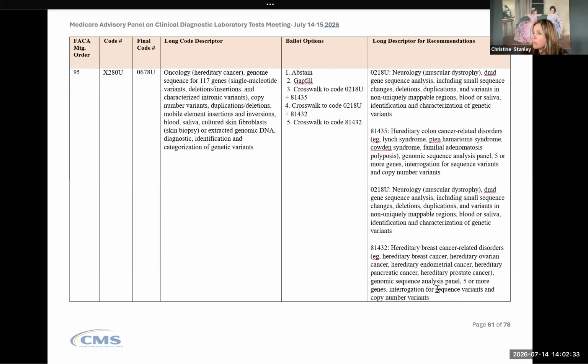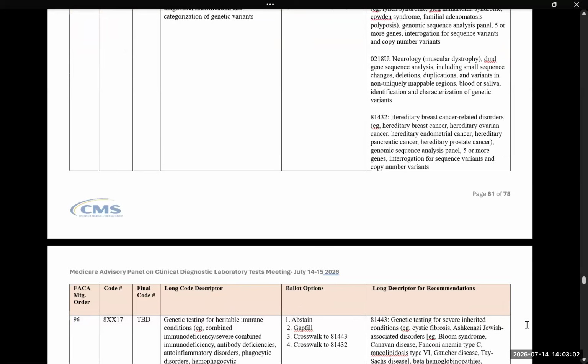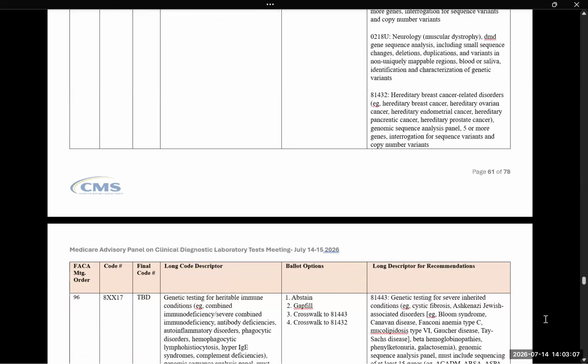We could just take this at the end with all the other codes if you wanted to. Okay, let's do that, because I think the other codes we're going to revote on those for sure. We can take a look at these two when we're doing those; the other two will be relatively quick. Perfect, thank you so much. Thank you all for your patience. We'll come back to these two, 0679U and 0678U. We'll move on, to keep the meeting going here.